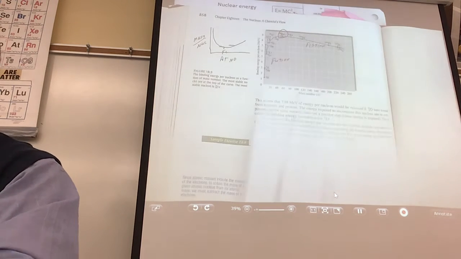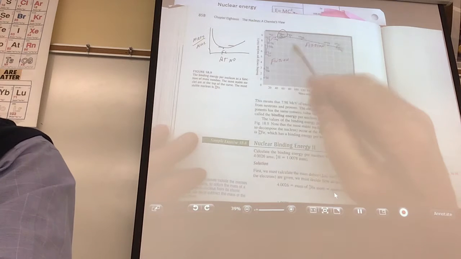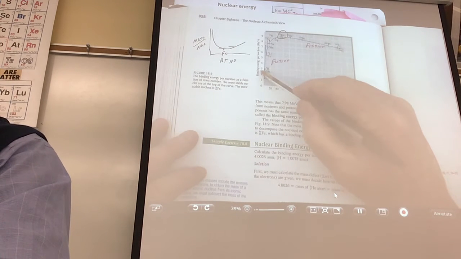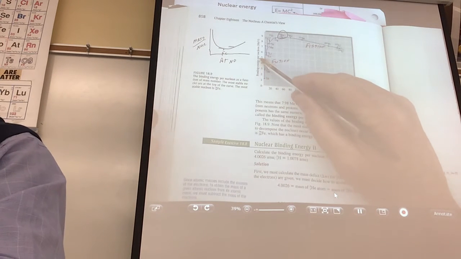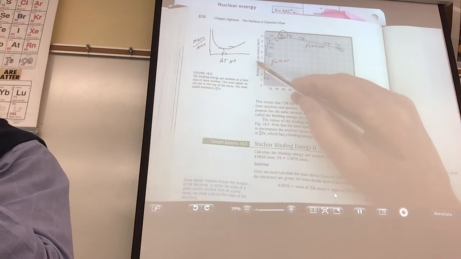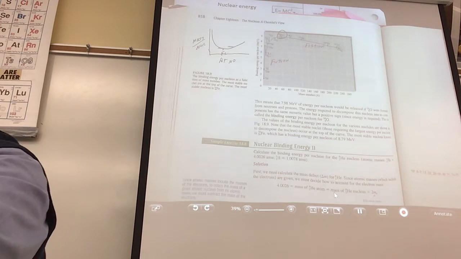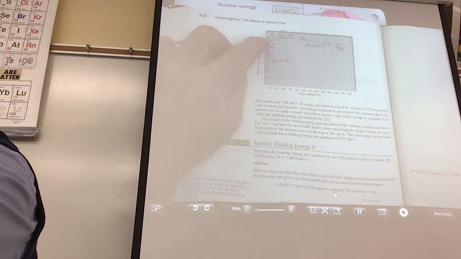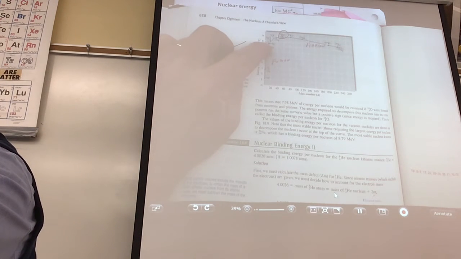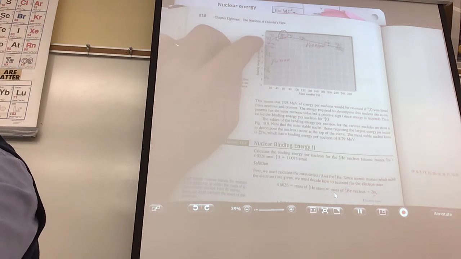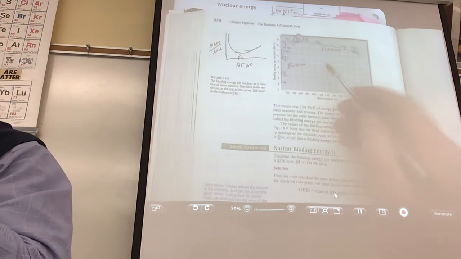Now, if you look at the opposite graph, instead of mass per nucleon, it's binding energy, right? It's the opposite. The more mass that was seen to be missing, the more energy is here for your nuclei. Do you like this graph better or the other one better? I guess it doesn't matter, but I'll use this one because most books have this one, right?